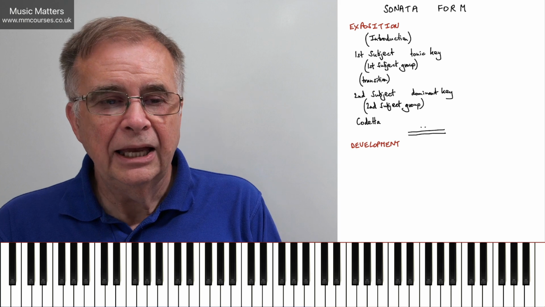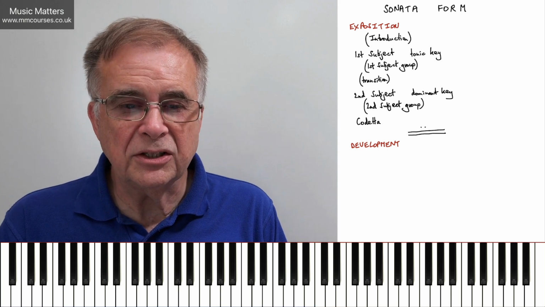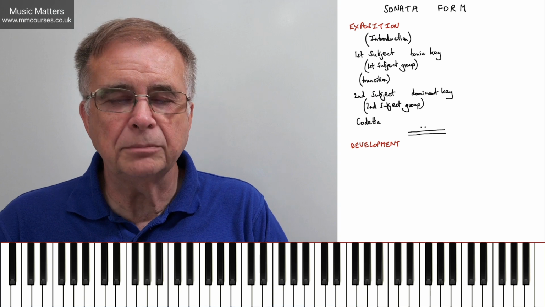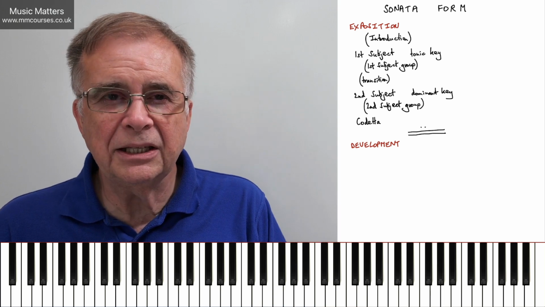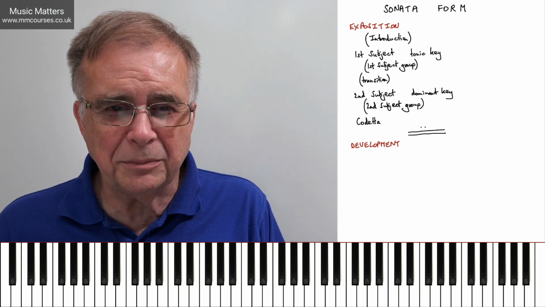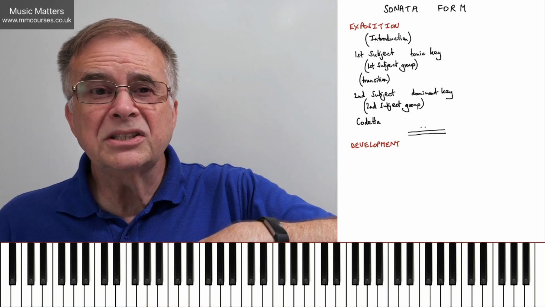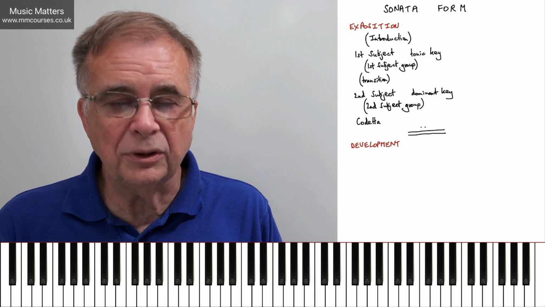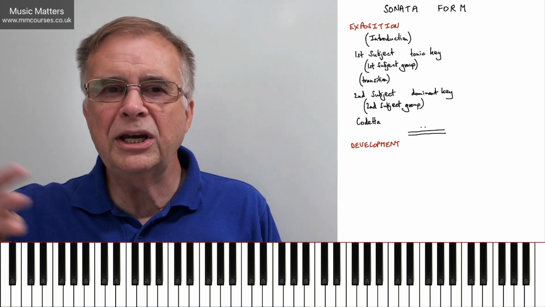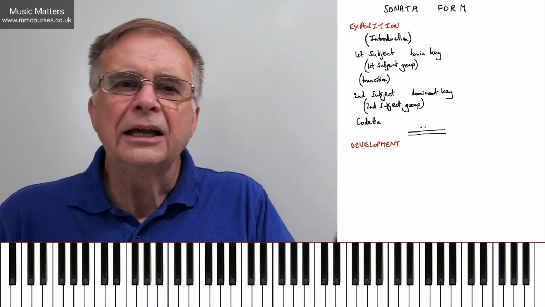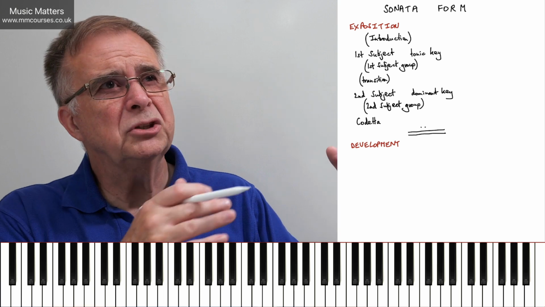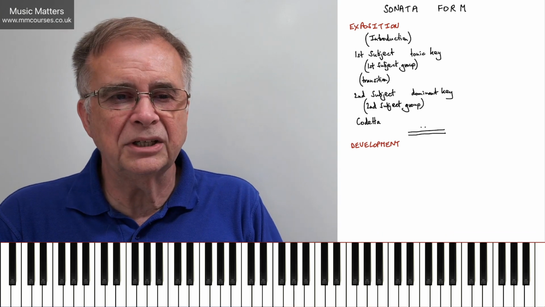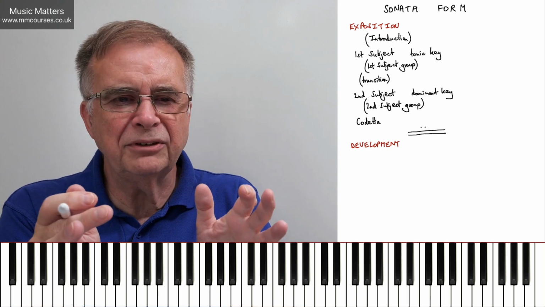So if in the exposition your first and second subject themes were right-hand melodies accompanied by some Alberti bass or something in the left hand, you might think, well, actually in the development section I'm going to get some of this thematic material into the left hand if you're writing for piano, for example, and have some more figuration in the right hand. So it's not just, do I just take an idea from the subject or do I just present the subject in a different key? It's, what can we do with these different ingredients?